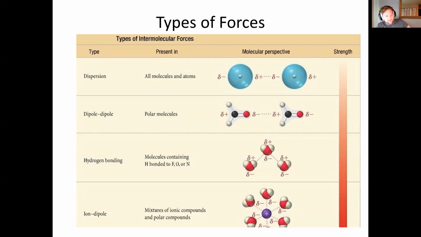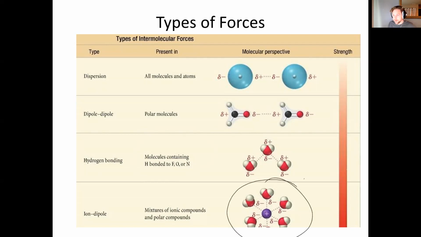With the dipole forces, it's just a polar molecule, lopsided. And then we have the hydrogen bonding, which is a very specific type of dipole force, and the conditions are given there. When ions dissolve, generally in water, because water is the universal solvent, we can see an example